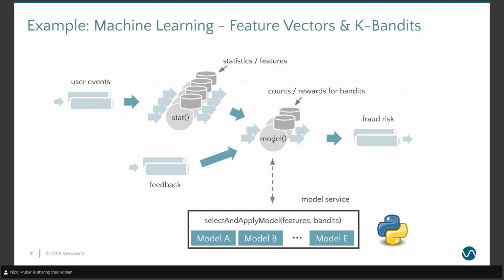There could be a different model for a different user. Think of a fraud detection system. You have your transactions coming in, then you calculate your features and put this into your model. You might have a different model for different users, because some models work better for some users, while others work better for others. And then you talk to the remote function, where you implement this model